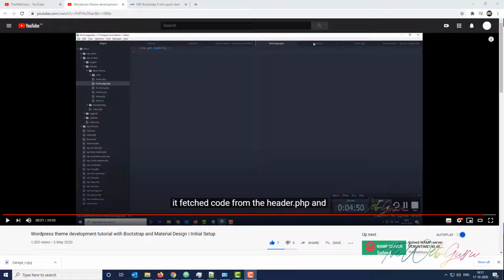Before starting that, I would like to share with you guys that WordPress uses the partial template file system. What is the partial file system? Not a single PHP file is going to render the complete page. The PHP files are divided into several different parts. So let's say for starting a website, this front page is built by using the get header method, which is fetching the code from header.php.